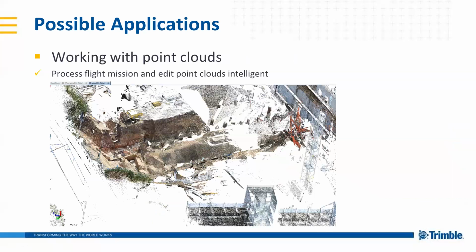So working with point clouds, we get a lot of positive feedback on point clouds. Business Center, that's also my personal experience, is really powerful with handling and rendering point clouds. So if you maneuver in 3D, even with very, very big point clouds, it's working very nicely. And that's one example